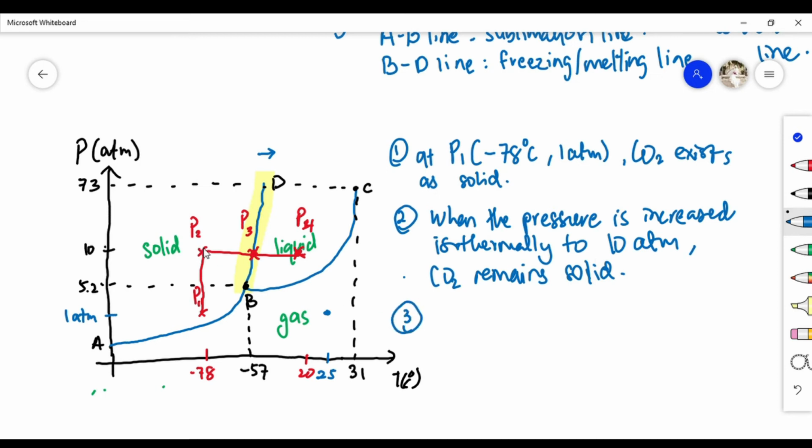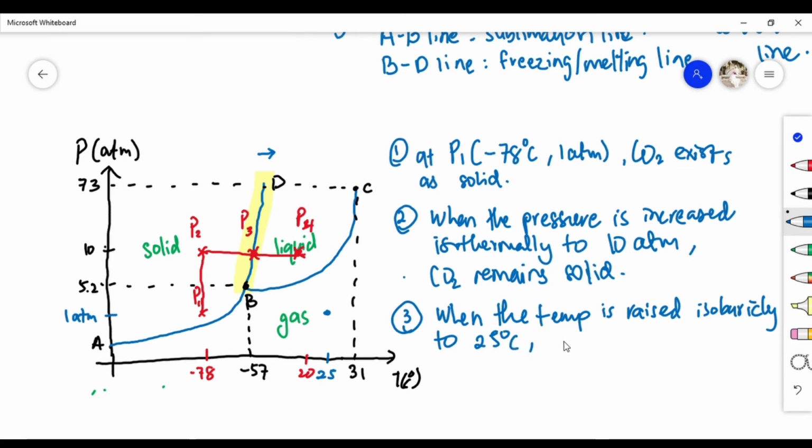So daripada third dia nak naik kepada liquid kan. So dalam pemanasan tu, dalam pemanasan tu, so kita cakap pasal when the temperature is raised, saya guna perkataan lain kan, raised isobarically to 25 degrees Celsius. Okay, so CO2 is in solid, liquid,